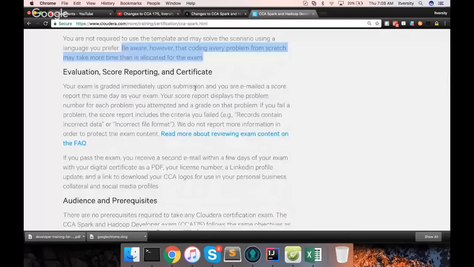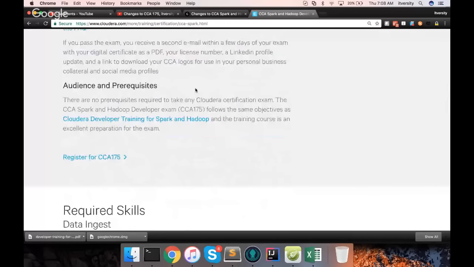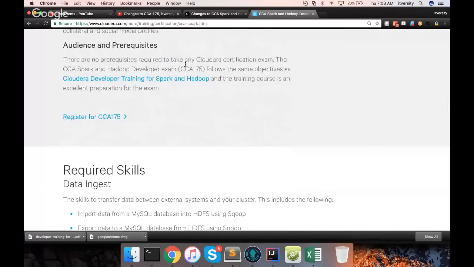There are no changes in that. And then audience and prerequisites. There are no prerequisites. Anyone can take the exam. But if you want to gain confidence, Cloudera have their own training. Take this, or you can follow itversity videos to prepare for the certification, which is free,